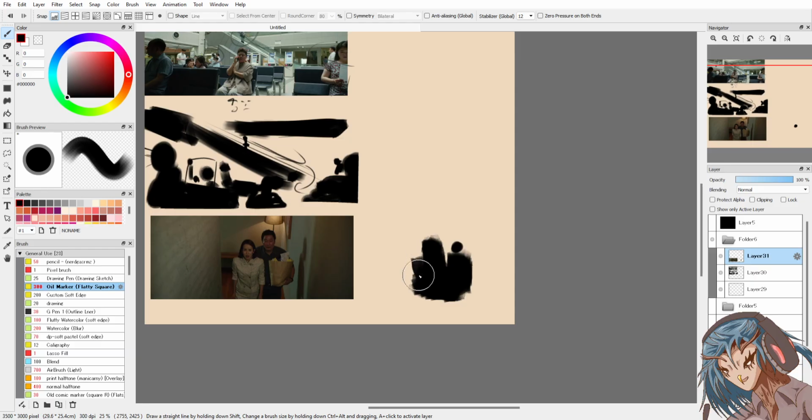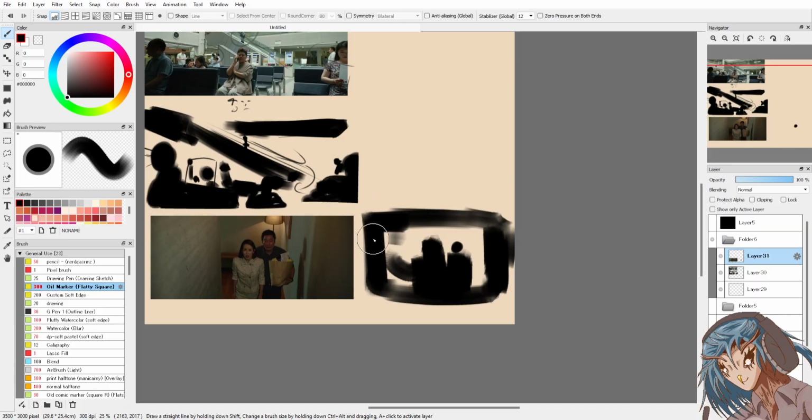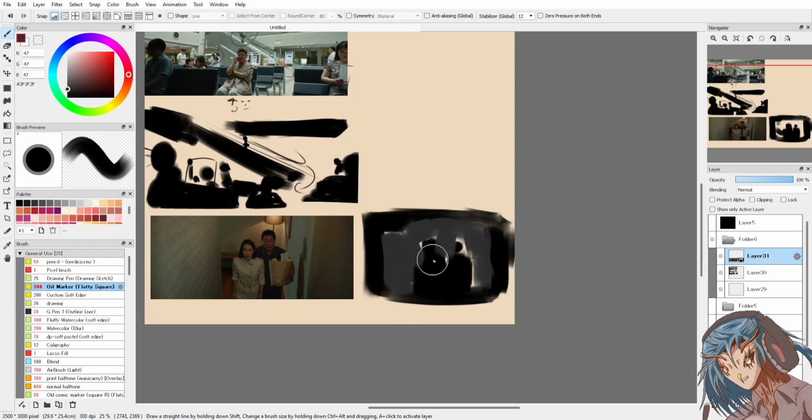They're emerging from the darkness in this shot. We know they're coming towards us, the camera. I think it's all emerging.